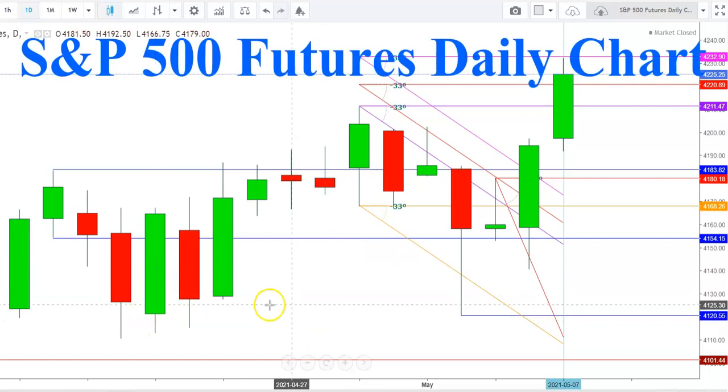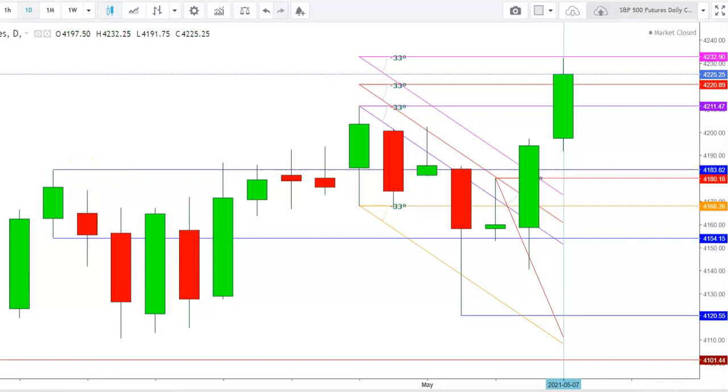So here you can see a daily chart of S&P 500 futures. Here you can see how the level of 4183 was a tough resistance for S&P 500 futures. The S&P 500 futures continued to beat this tough resistance level of 4183 since April 23rd, and finally the S&P 500 futures found a breakout move on April 29th, when they tested a high at the levels of 4211, but since then the S&P 500 futures remained under heavy bearish pressure, where you can see that